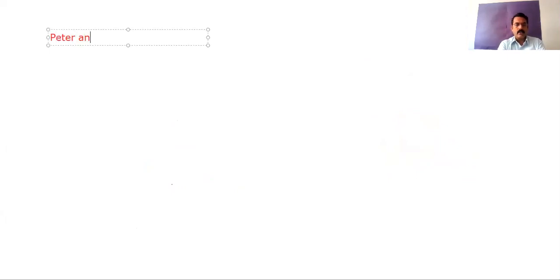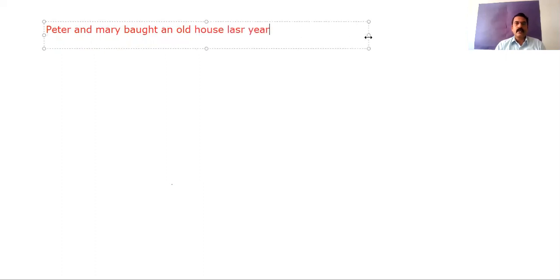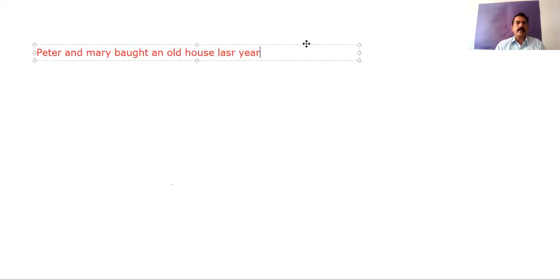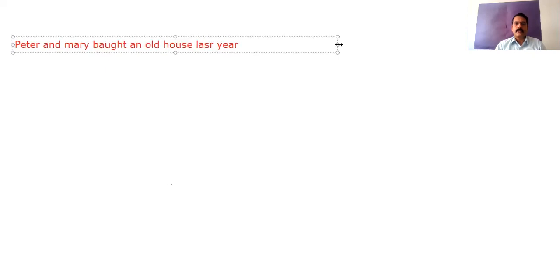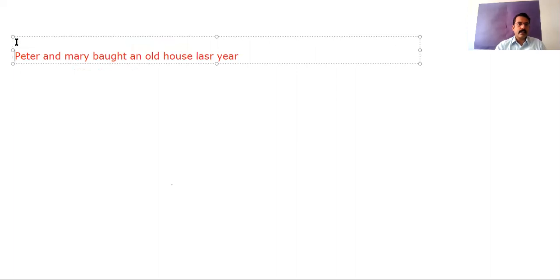Peter and Mary bought an old house last year. Now let us see how many phrases are there in this sentence and how we can analyze those phrases, first with brackets and then using skeleton. Fine.